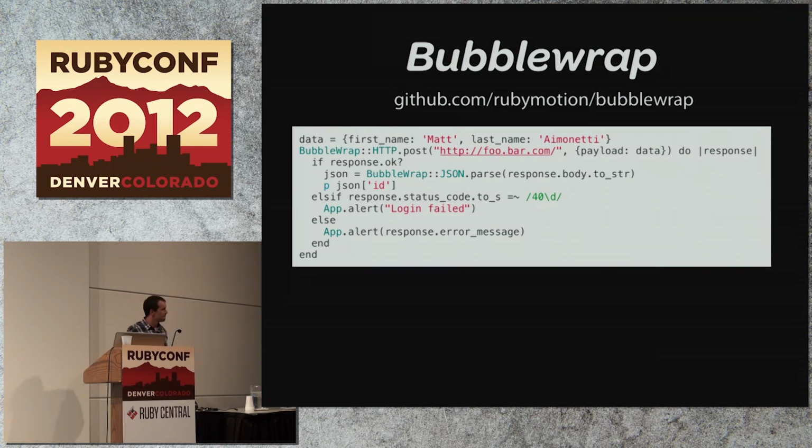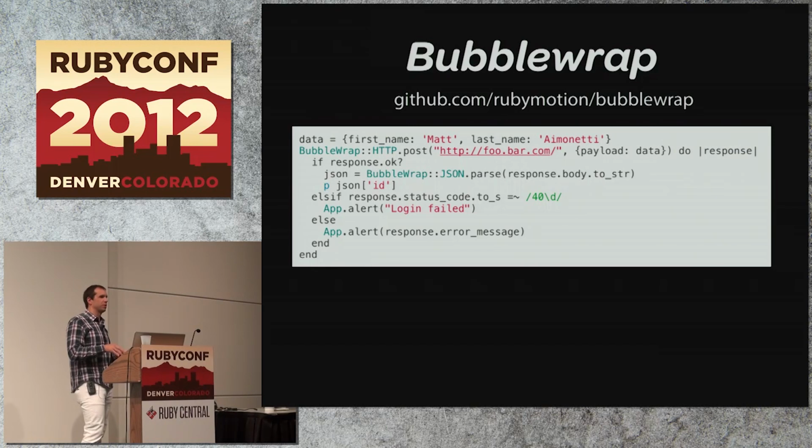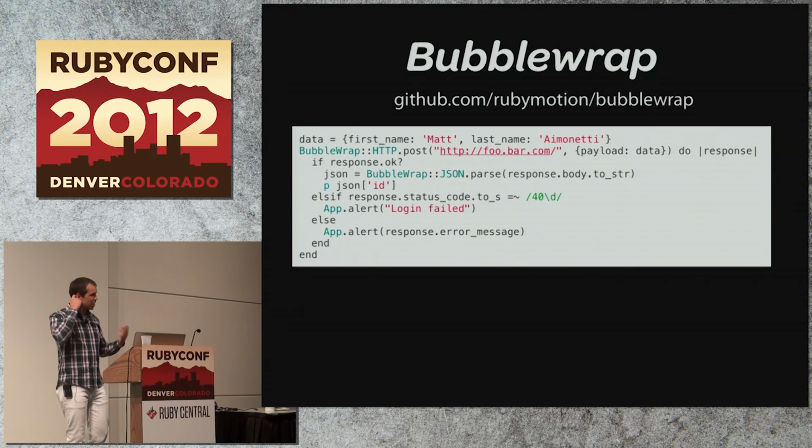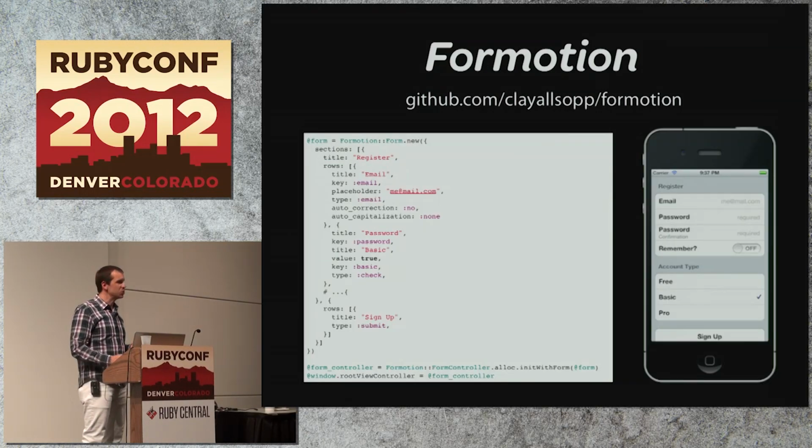But it's not just networks. It's JSON, XML, camera, and location support. There's a whole bunch of stuff built into BubbleWrap. They've looked at the things that are, if you will, the really annoying common things that people do. They want to talk to the network. They want to do JSON-type data access. And a lot of this is just people scratching itches, right? This is why people build these libraries. This one is absolutely fascinating.